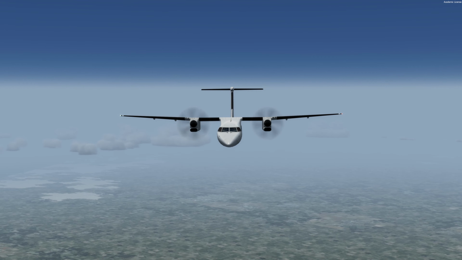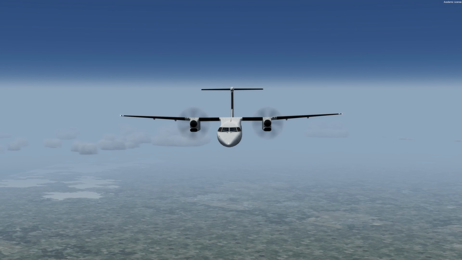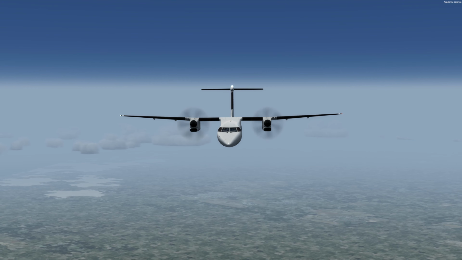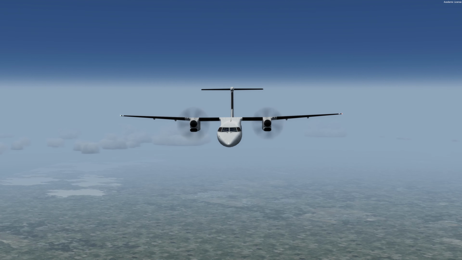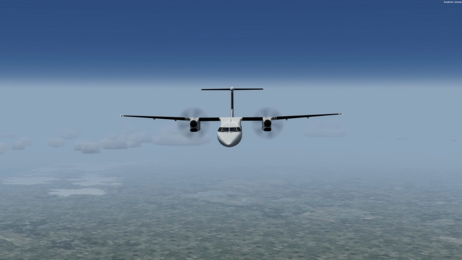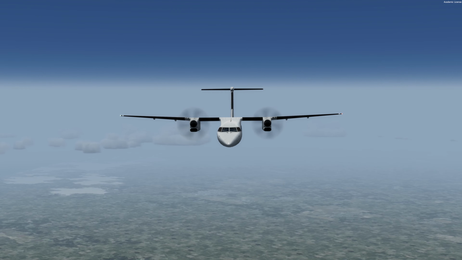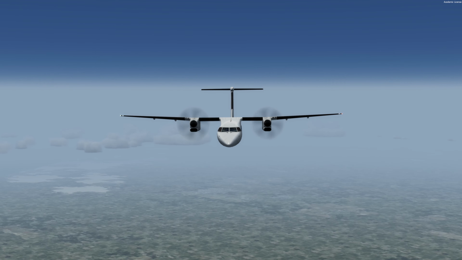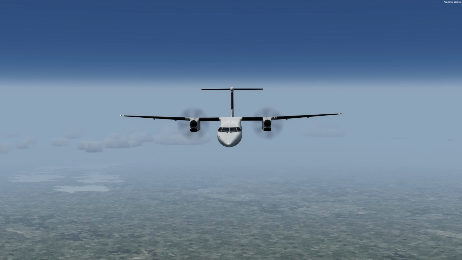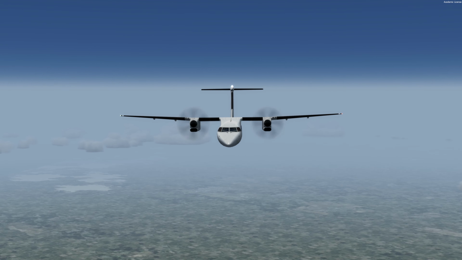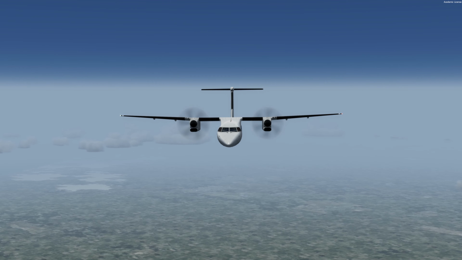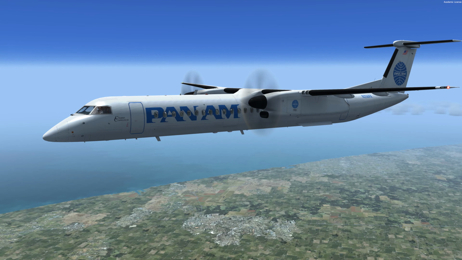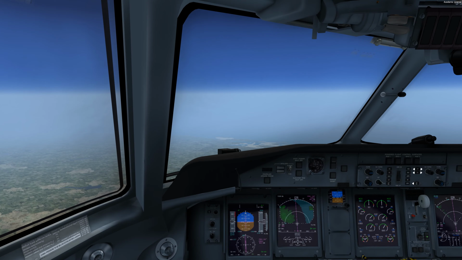And from just about any angle, with her humped wing root and compound dihedral wing and enormous T-tail and perfectly round fuselage section and pointy nose, the Mighty Dash looks just plain weird, but also just plain wonderful. We are getting close to top of descent for Mumbai,